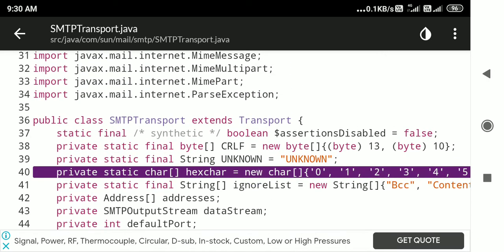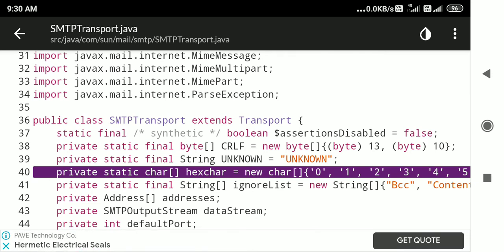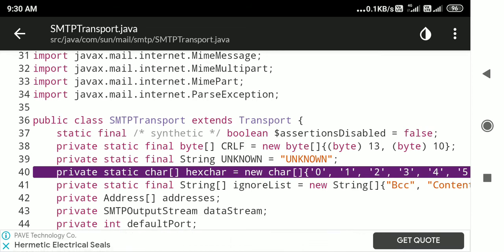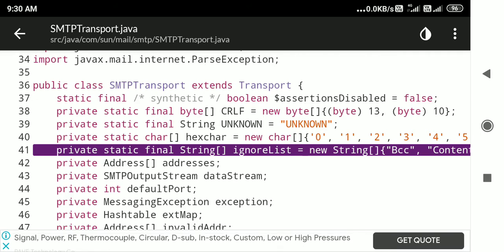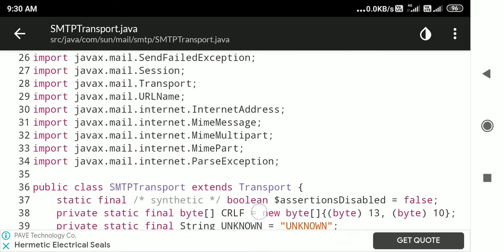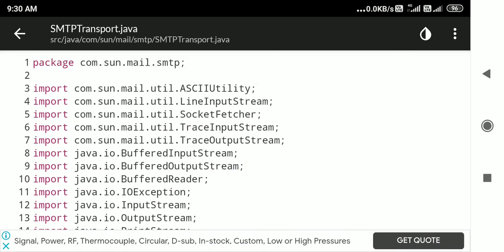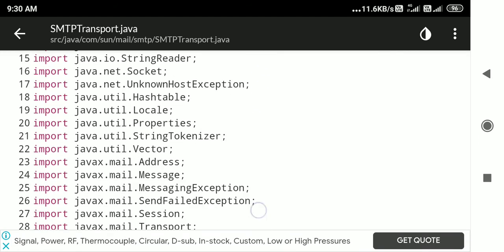See, this is the basic call. Just see the class SMTP transport extends transport. So SMTP transport is the main call. If you want to write a program, then you can use SMTP transport extends transport and use this function for your coding. That is how you should code it. If you want to overlay something on this, you can use this and see some of the things he has included. In order to write the application, you can call this straight away: Java mail.smtp, and you can use these functions for that.